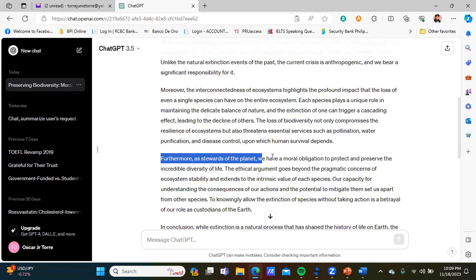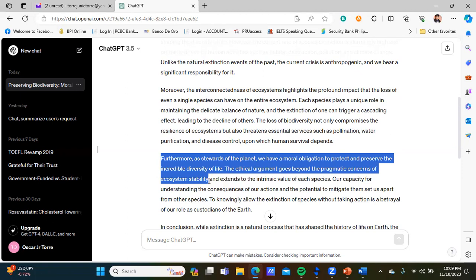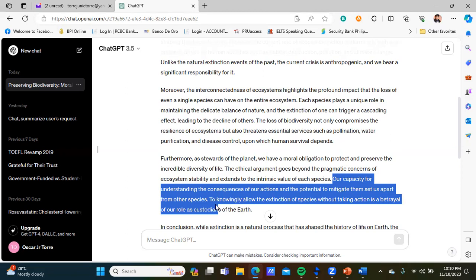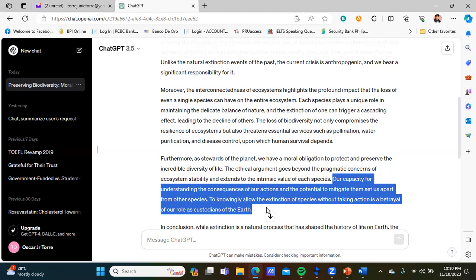As stewards of the planet, we have a moral obligation to protect and preserve the incredible diversity of life. The ethical argument goes beyond the pragmatic concerns of ecosystem stability and extends to the intrinsic value of each species. Our capacity for understanding the consequences of our action and the potential to mitigate them set us apart from other species. To knowingly allow the extinction of species without taking action is a betrayal of our role as custodians of the earth, as